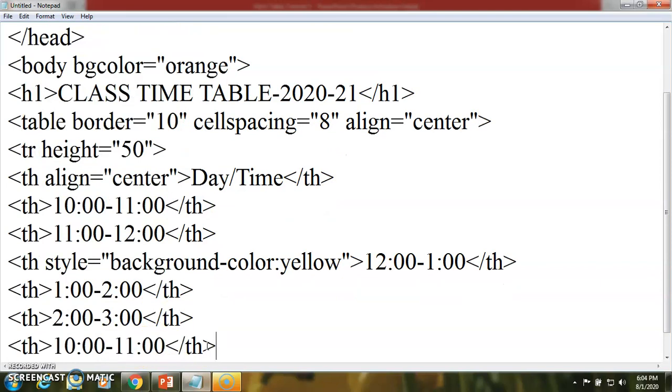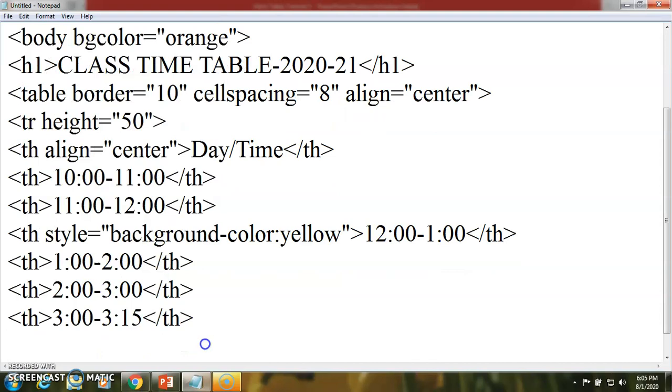Then we have here some breaks, that is 3 to 3:15 break we have. So again for this we can have some styles if required. Then we have another rows.